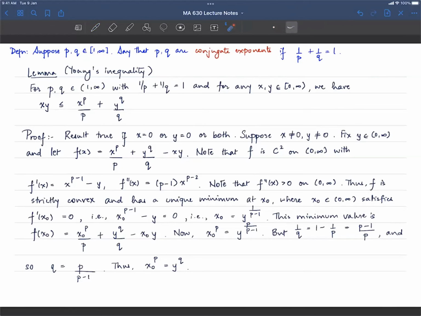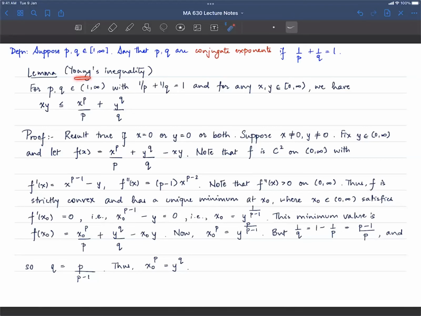Let's think of a couple of examples. Suppose I take small p is 1, then Q has to be infinity. If I take small q is 1, then P has to be infinity. Agreed? And if I take small p is 2, then Q has to be 2. I'll leave it to you to play around: suppose I take the exponent 3, what is its conjugate exponent? But basically P and Q are conjugate exponents if P and Q belong to [1, infinity], and 1 over P plus 1 over Q equals 1. Now this will show up again and again.